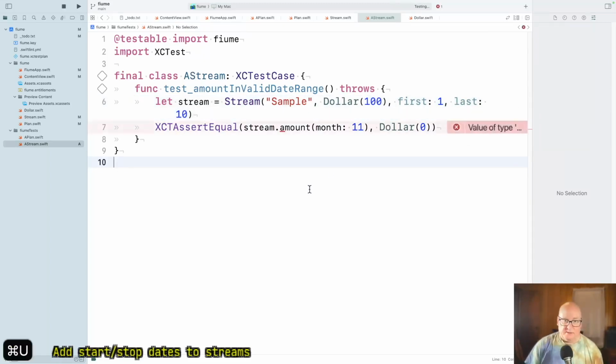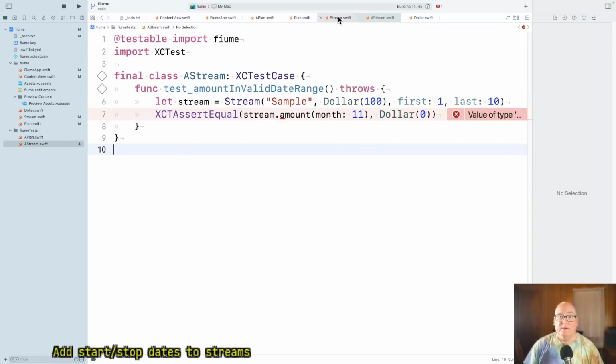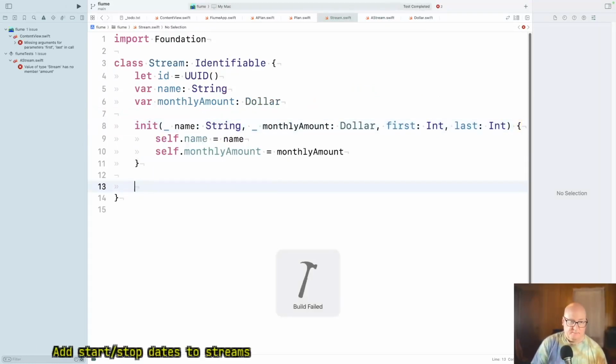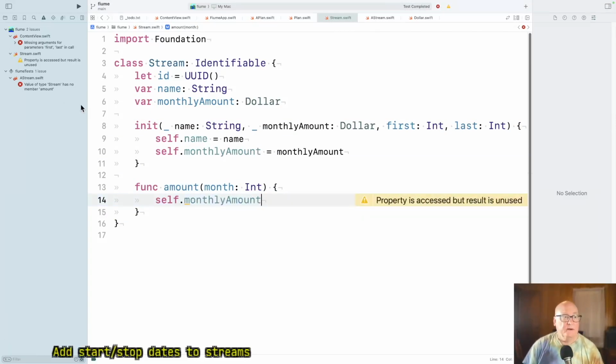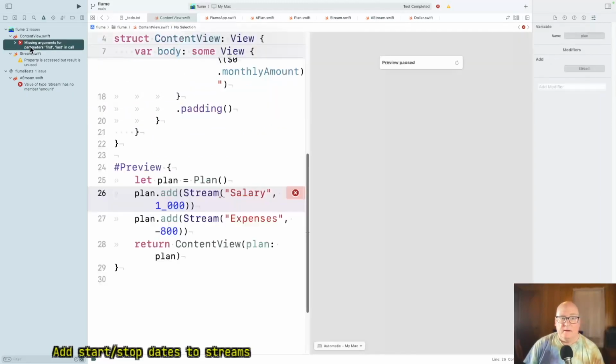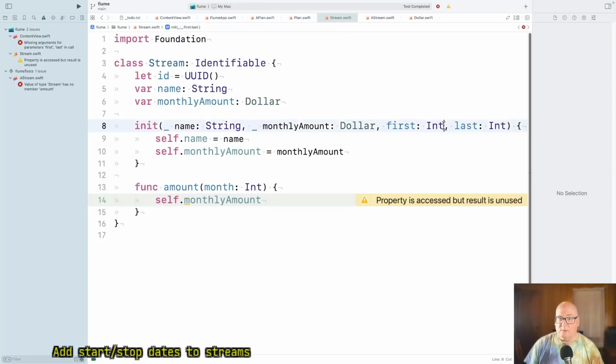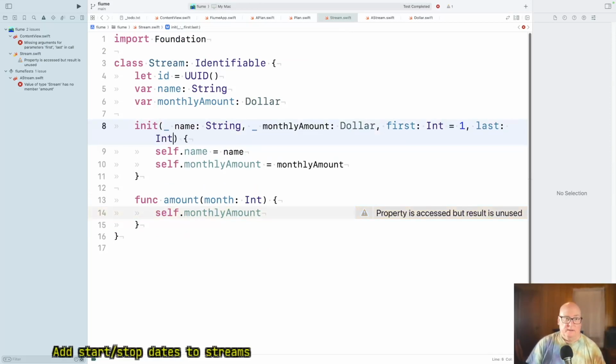Okay, and this should, oh, we don't have amount per month. Okay. Let's just default it to this for now. Let's not break everything, so we'll make this 1 and this 1,000,000. Okay, we won't live that long most likely.